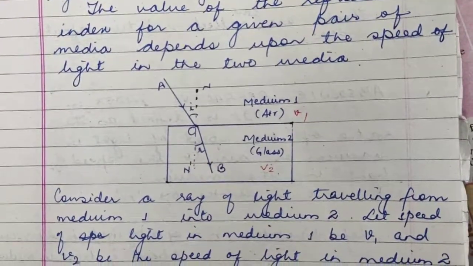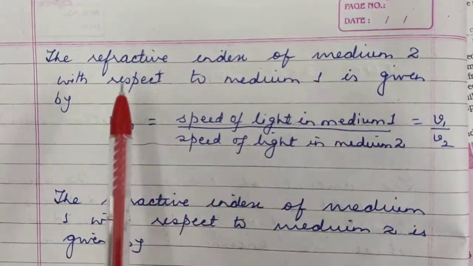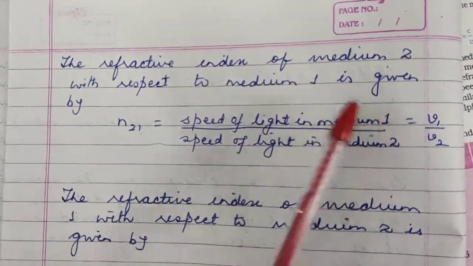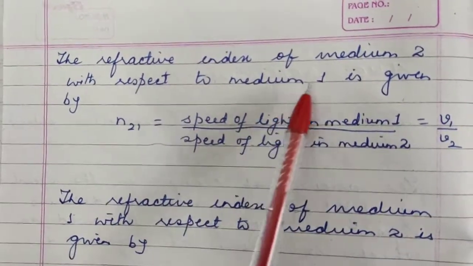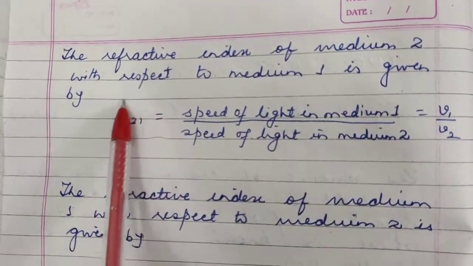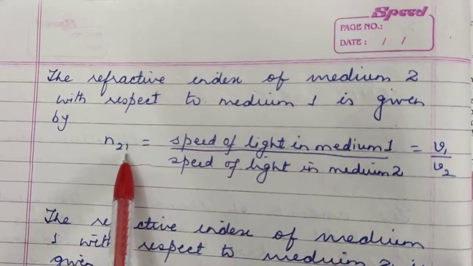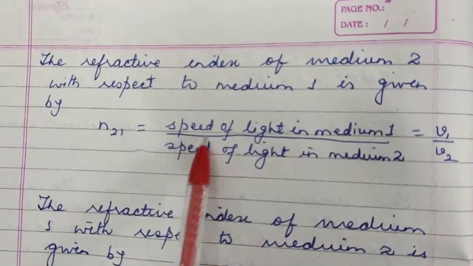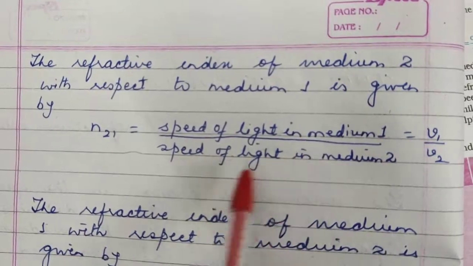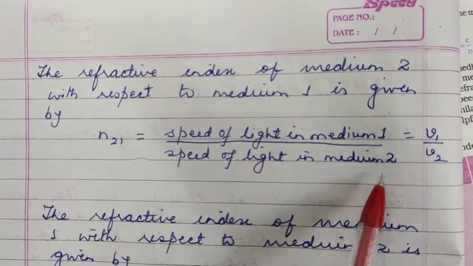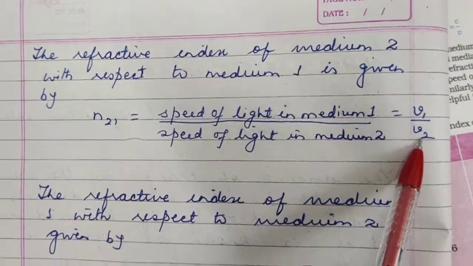So the refractive index of medium 2 with respect to medium 1, I repeat, the refractive index of medium 2 with respect to medium 1 is given by this N21. Refractive index of medium 2 with respect to medium 1 is given by the formula speed of light in medium 1 divided by speed of light in medium 2. And we have taken the speed of light in medium 1 as V1 and speed of light in medium 2